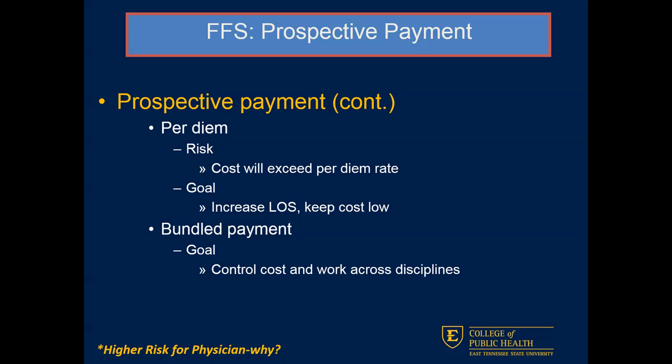So that leads to the risk that what it actually costs to take care of them is going to exceed the per diem rate. So you want to make sure that the cost of care you're providing stays at or below that per diem rate, because, think back to what we talked about the first day. Hospitals are a business. They need money to run. So this is another decision they have to make, making sure that the cost they're expending on the patient is not going to exceed the per diem rate, or they'll be taking a loss